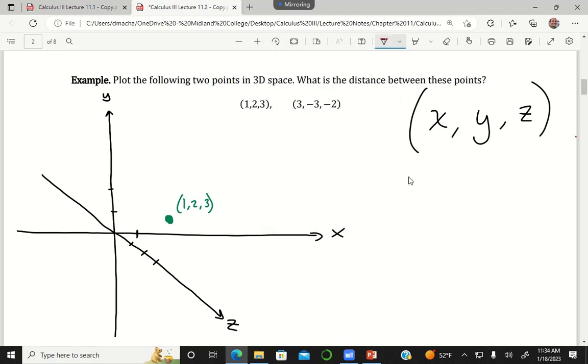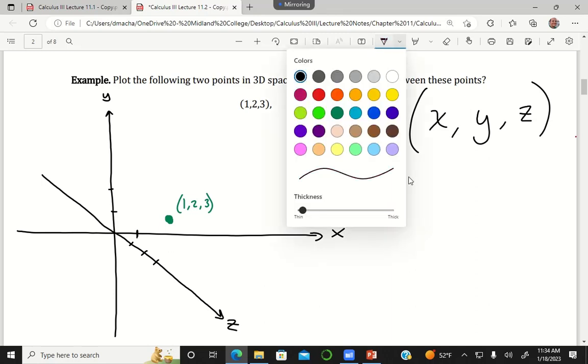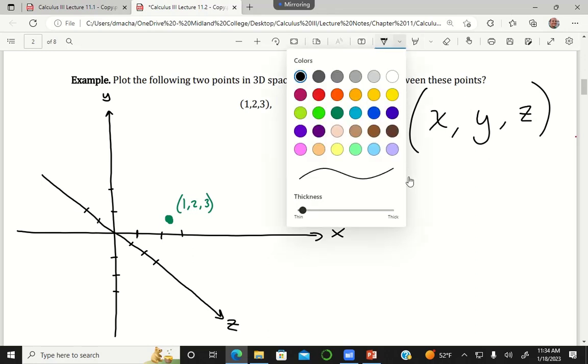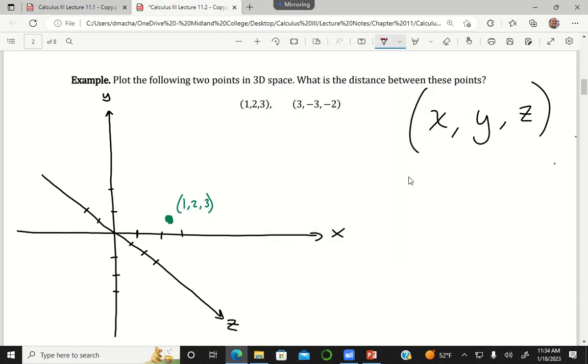The next one is 3, -3, -2. So I need 3 steps along the x-axis, -3 steps along the y-axis, and then -2 steps along the z-axis. See where that ends up. So I've got 3, -3, and then I'm going to move 2 steps back along the z-axis, and so it's like there, kind of. But you have to have a really, really good imagination